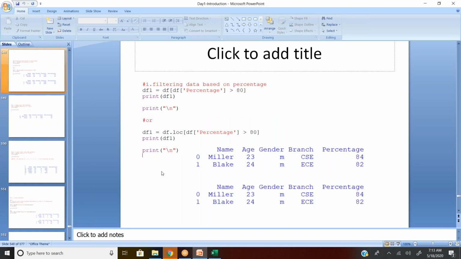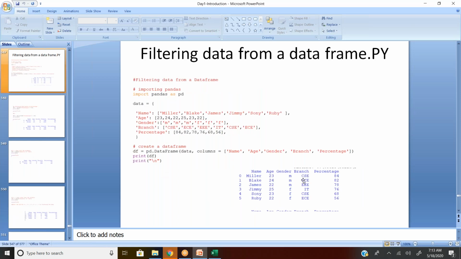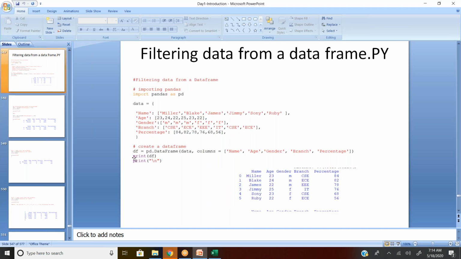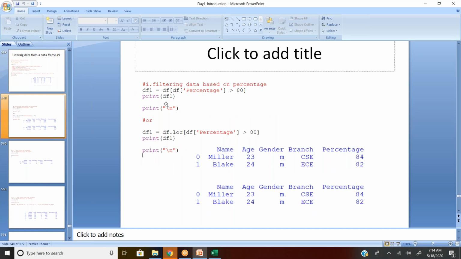Now I want to do the filter. I want the students whose percentage is greater than 80, irrespective of branch, gender, age or name. So df is my data frame where I stored my data. In square brackets, write a condition.